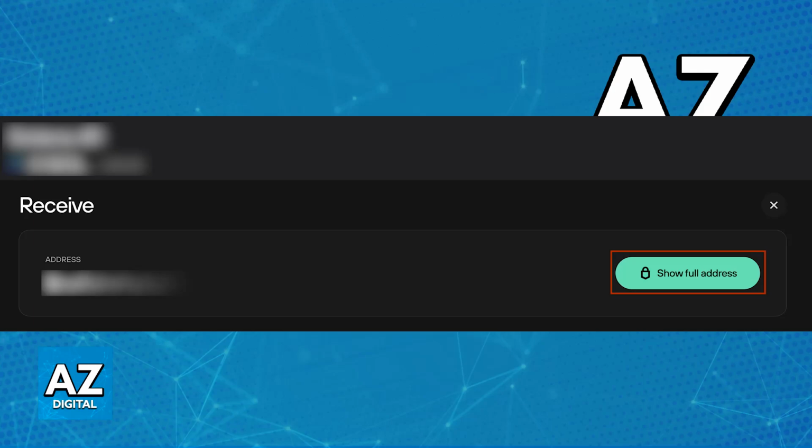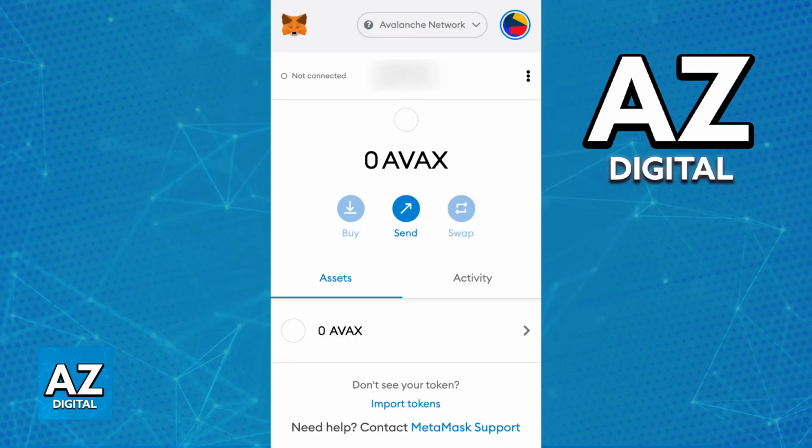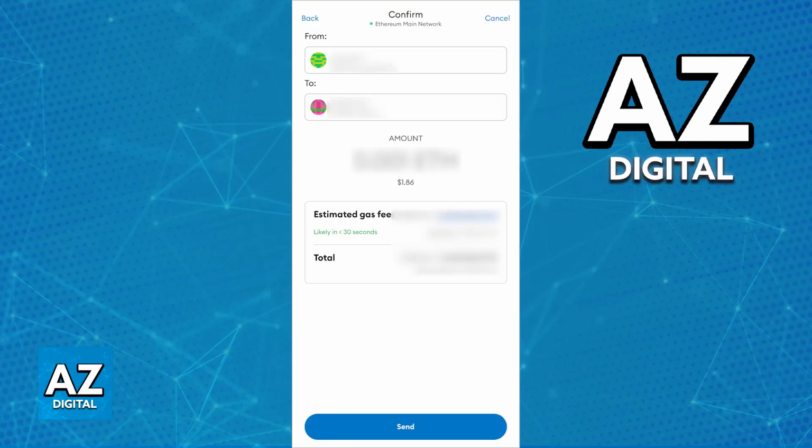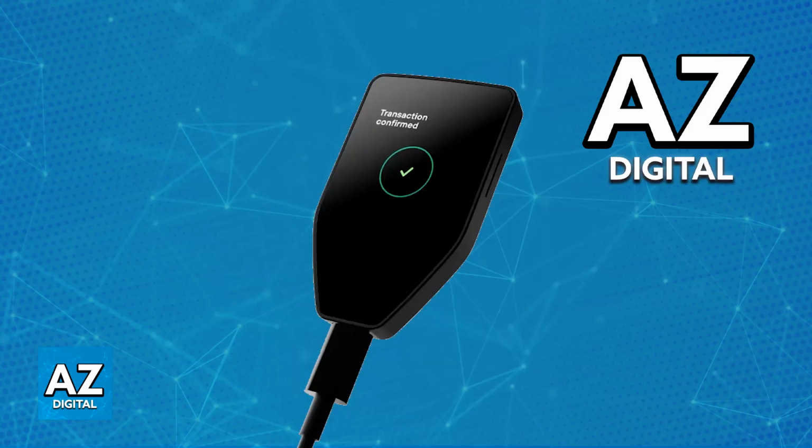So copy the Ethereum address that you were given and access your AVAX wallet. This can be MetaMask, Binance, etc. And select AVAX as the currency that you want to send. Paste the Ethereum address that was generated from your Trezor into the recipient's address field, double check all of the details for accuracy, be aware of any potential included fees, and enter the amount of AVAX that you want to transfer. Confirm the transaction and you will be able to proceed.